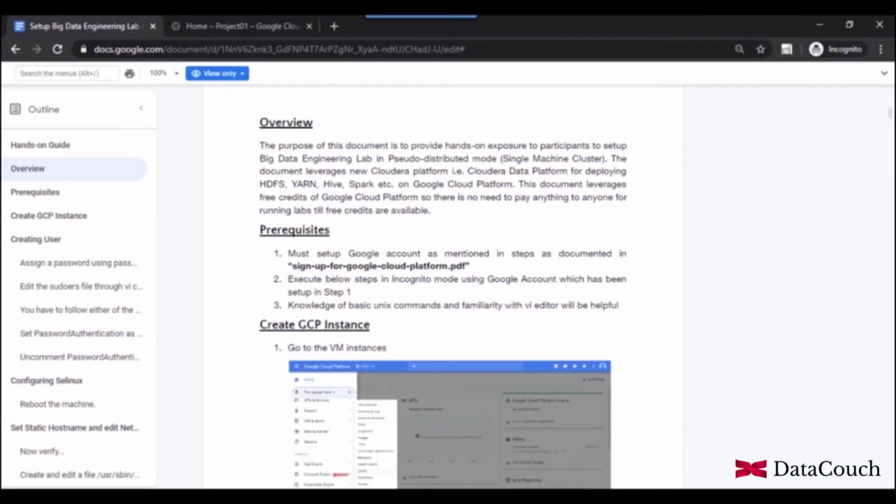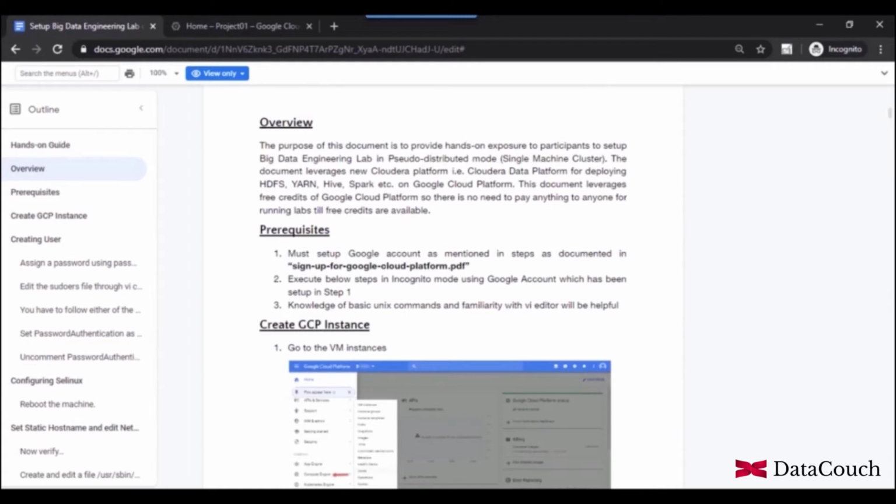Then your personal account may interfere with the lab setup, and instead of working with your test account or lab account, you start working with your personal account without even noticing. So it's definitely recommended that you use incognito mode so that your personal account does not interfere with the lab account or test account that you set up in step number 1.